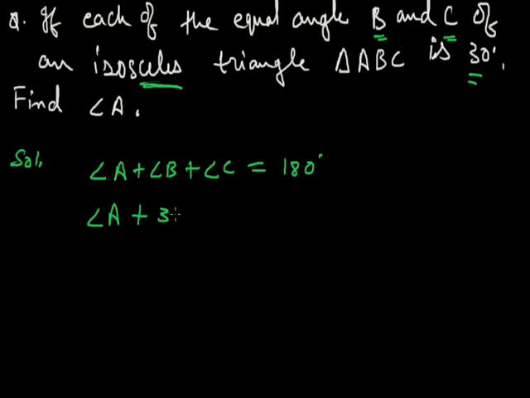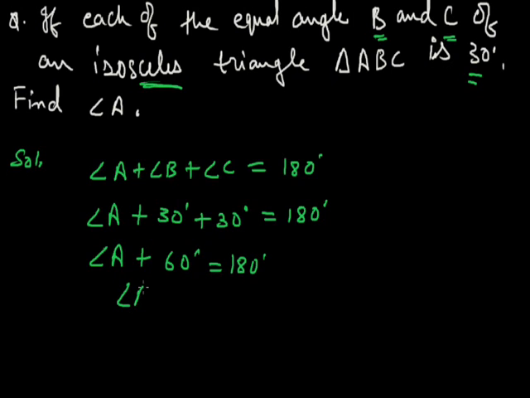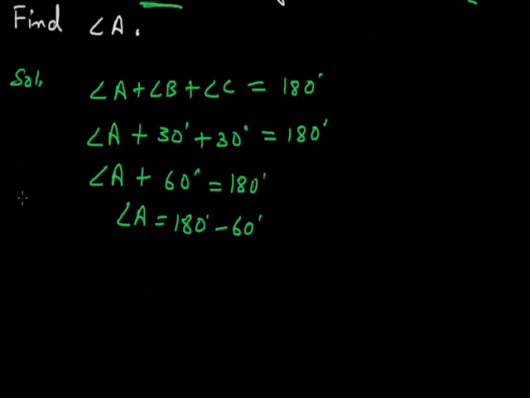Angle B we know is 30 degree and angle C is also 30 degree. Since the triangle is isosceles, it will be equals to 180 degree. Now angle A plus 30 plus 30 is 60 degree, it is equals to 180 degree. So angle A will be equals to 180 degree minus 60 degree, which will be equals to